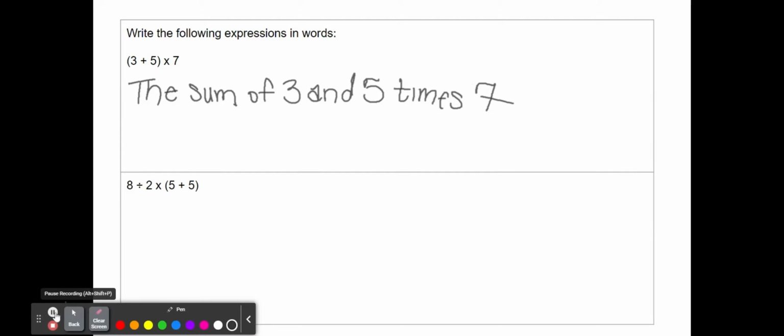All right, so in this last expression, I'm going to make life easier. We have three operations going on: division, multiplication, and addition. I'm going to write this from left to right just to make life easy for everybody. The first operation we encounter is division. With division, like I said, there are so many different words to represent all the four main operations that we use. I'm just going to start it off by saying one word, quotient. So I'm going to say the quotient